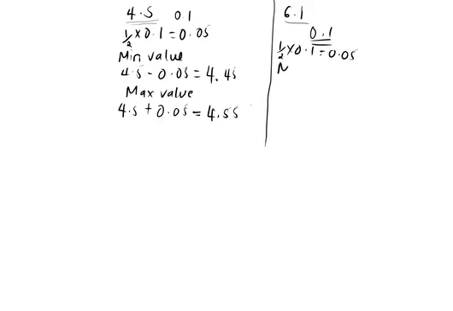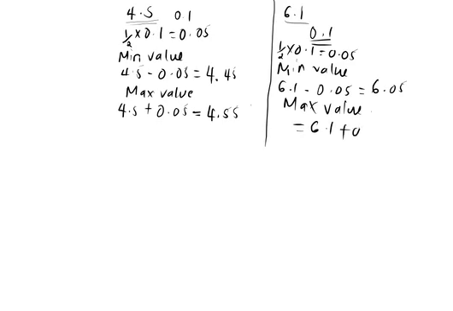So the minimum value in this measurement will be 6.1 minus 0.05, which is 6.05. The maximum value will be equal to 6.1 plus 0.05, which is